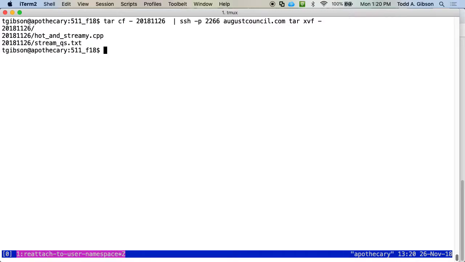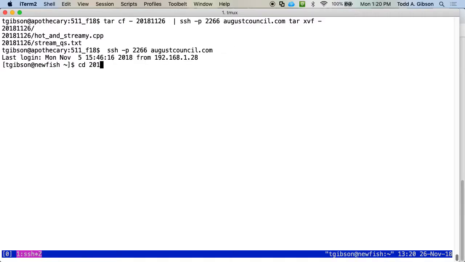It is. Yes, sir. So that command, are you creating a tar file then sending it over SSH to remote? Yeah, and then the extract command's running on the remote machine. The hyphen as the file name means that it goes to standard out, and on the extract it means it's coming from standard in. And there we are.